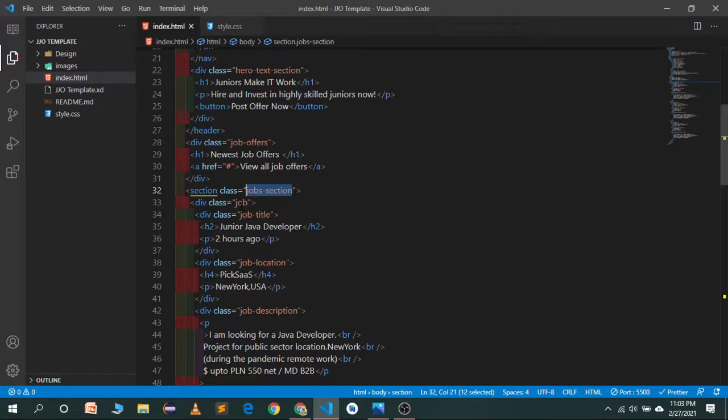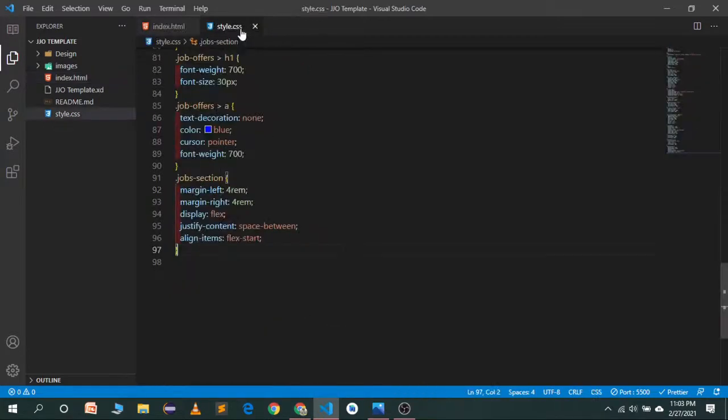First of all, in the job title we will target the H2 and P. So let's target the job title. We will set it to display flex, and let's see how it looks.